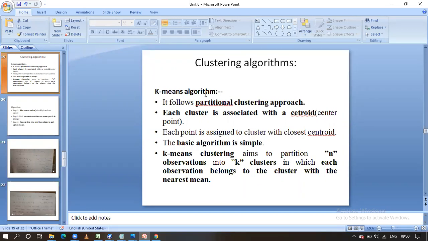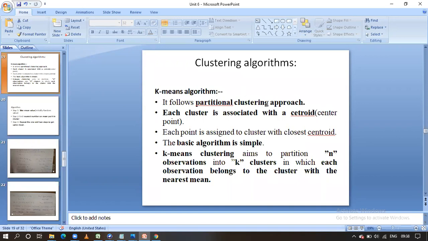Just a simple thing. The simple k-means algorithm is a clustering algorithm, guys. With the help of the simple k-means algorithm, we are going to divide the overall input objects into different groups, and those groups will have the same property. Mainly, the k-means algorithm follows partitional clustering. It is going to partition and group them.